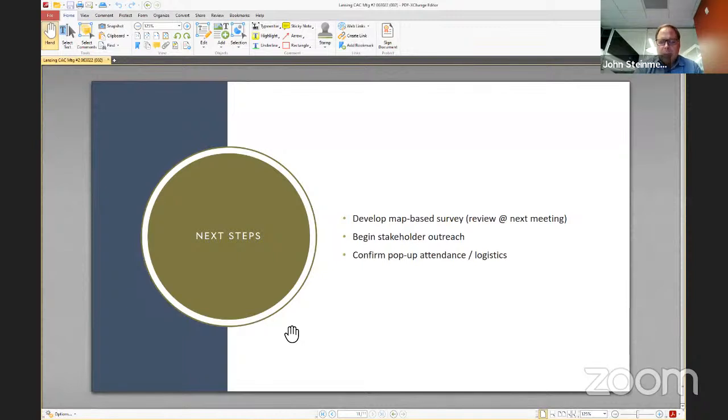So our homework, like I said, once the fun begins, we'll draft that public engagement and public outreach strategy for this entire group's review and comment. And we're going to start thinking about the survey. We're definitely going to have a map-based component. We envision this being initially a map-centric kind of thing. We've got a lot of ideas on this one, so we'll see how the survey pans out. Should be fun. And then we'll confirm the pop-up attendance, logistics, timing, and materials that may be needed.